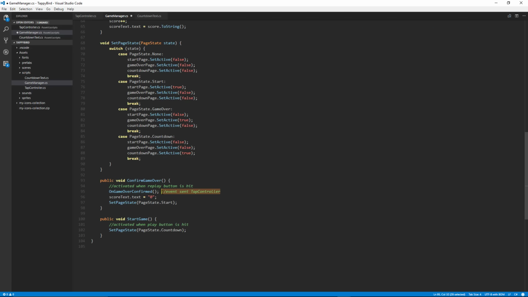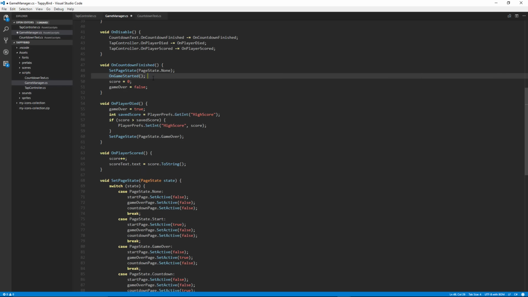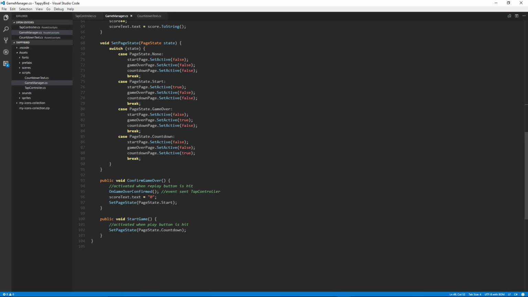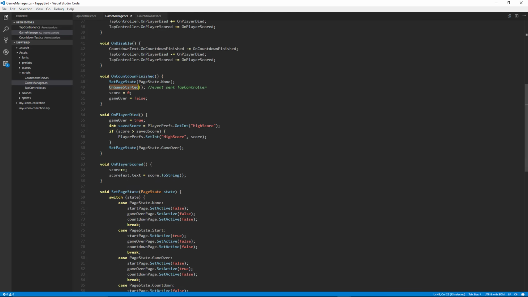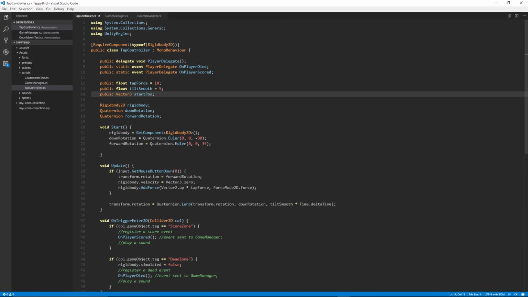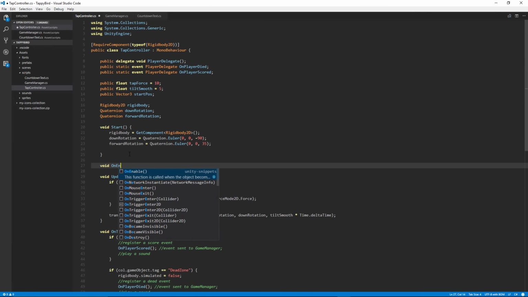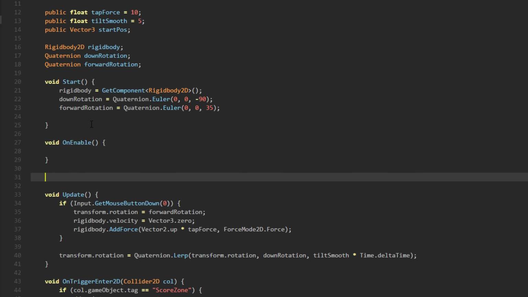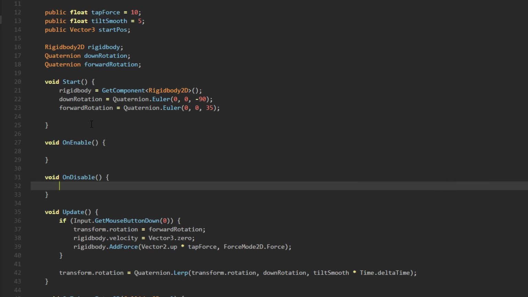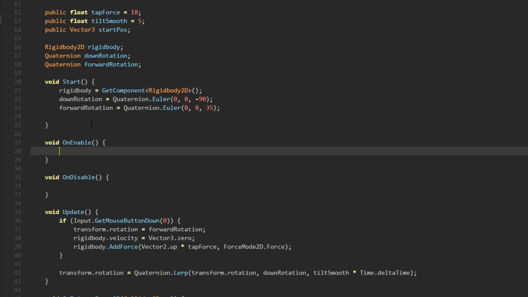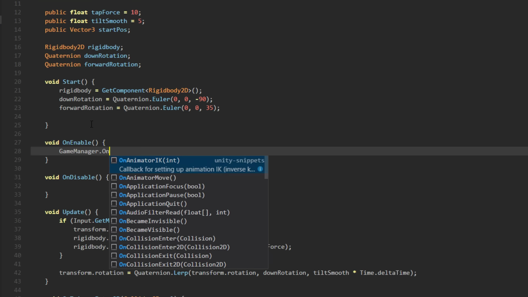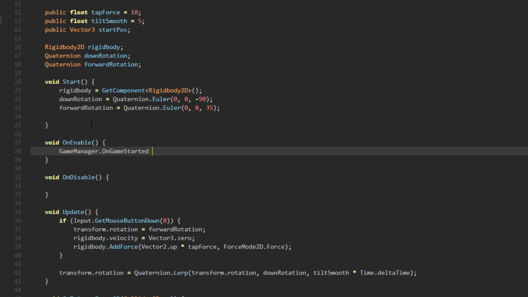And that's the same deal with onGameStarted. Okay, so onGameConfirmed and onGameStarted need to be listened for by tap controller. So what we'll do is we'll add the void onEnable and onDisable methods here. So I need to say game manager dot onGameStarted plus equals onGameStarted,